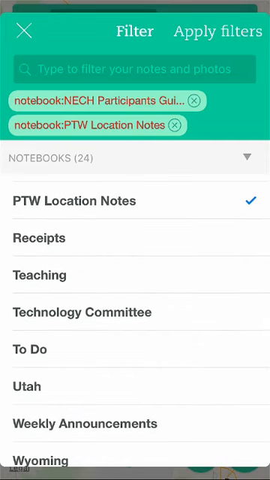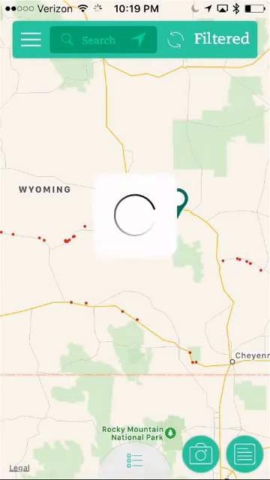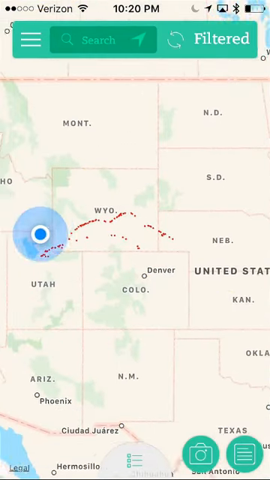By filtering, all you're saying to Evernote, or I'm sorry, IdeaPlaces, is that I only want to see those points on the map. The notes that we're looking at right here are the Pioneer Trail location notes. Just so you can see, I'm actually going to turn that off. I'm going to hit Apply Filters, and all those red dots that once upon a time were associated with